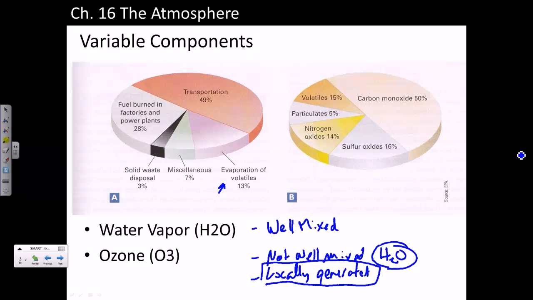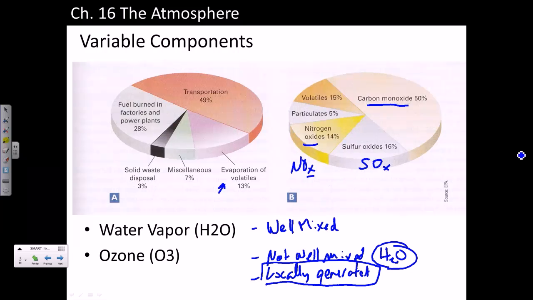So we have mechanisms in which they're formed. The pie chart on the right is showing us the kinds of volatiles we have. We have nitrogen oxides. Those are typically shortened to NOx, N-O, and then small x. Okay, sulfur oxides, which we call SOx, NOx and SOx. Carbon monoxide, a lot of that's coming from transportation. Particulates are interesting. So this would be like soot.